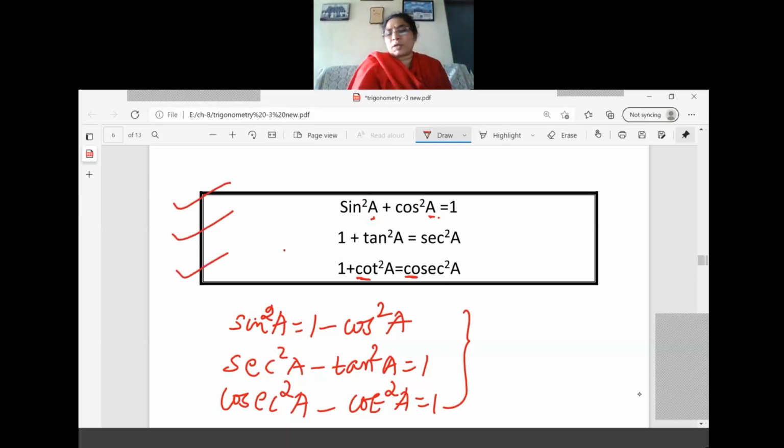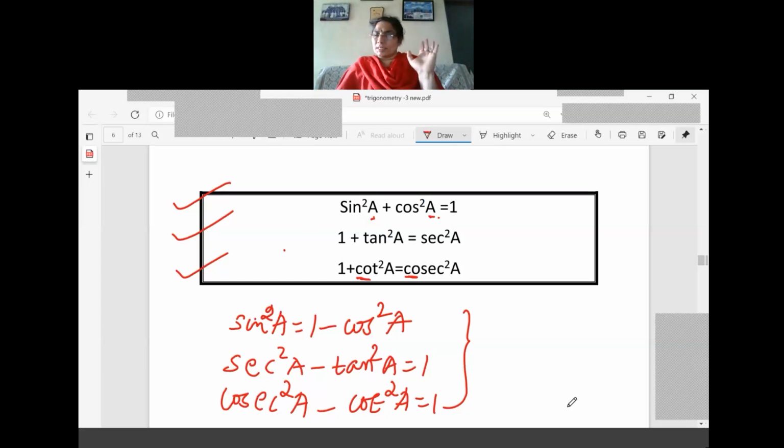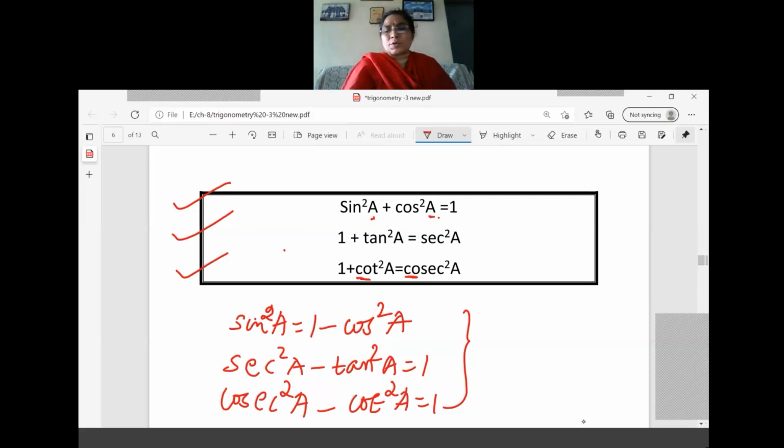So all these are the same only, but you have to learn in one way. Either this way you learn or this way you learn, whichever is easy for you. So I suggest the first method only, because sine square a plus cos square a equal to 1 you can easily remember. And the third identity, 1 plus cot square a, is related with cosec only. So the co word is coming there, you will remember correctly. Now when we are going for this one, some children write cot first. So that is why I'm not suggesting this, but anybody interested in this way can use that way also. So these three identities we have to use.